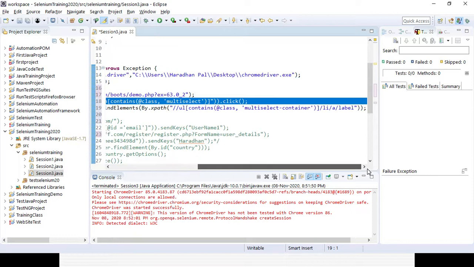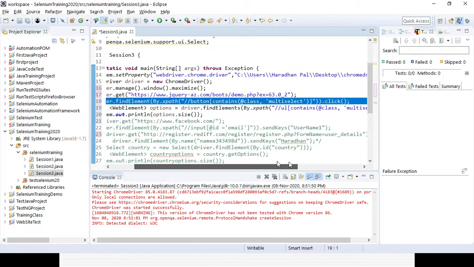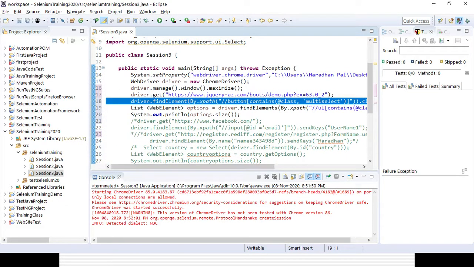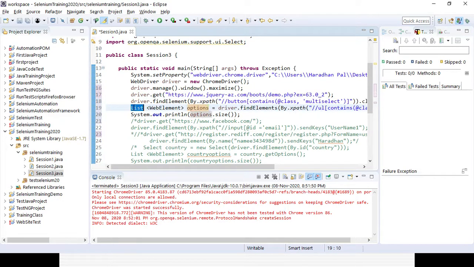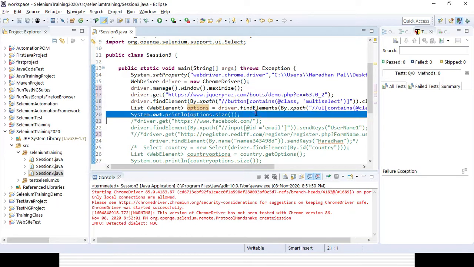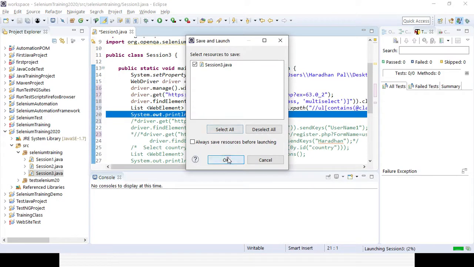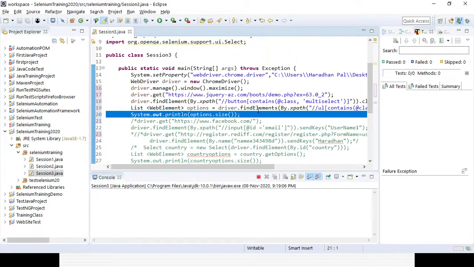Then I have created my XPath, used find elements, and I am storing all the options in a list of WebElement, and first printing how many options there are, the size. If it gives me the correct output, then I will go on to select any of the checkboxes, though it is a Bootstrap drop down, not the select class drop down.